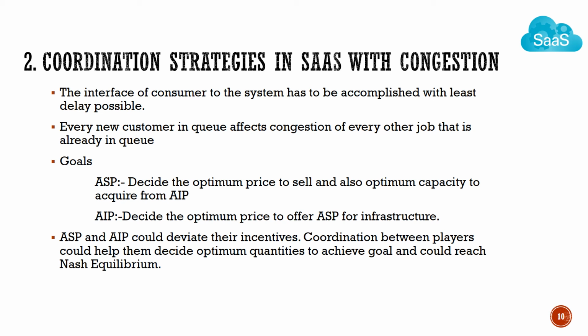So the goal of the ASP here is to decide the optimum price to sell at, and also to find the optimum capacity of infrastructure that it should acquire from the AIP. For the AIP, the goal is to decide the optimum price at which it should sell the infrastructure to the ASP. Moving on to the